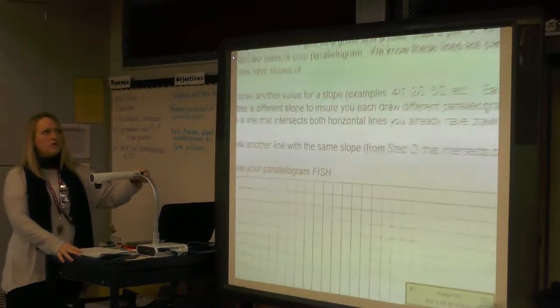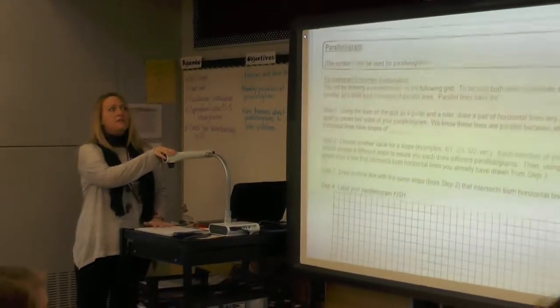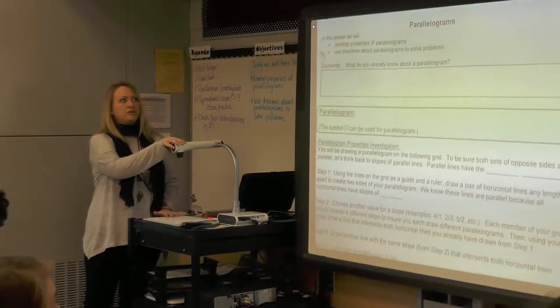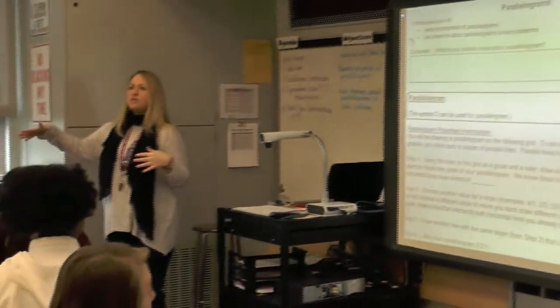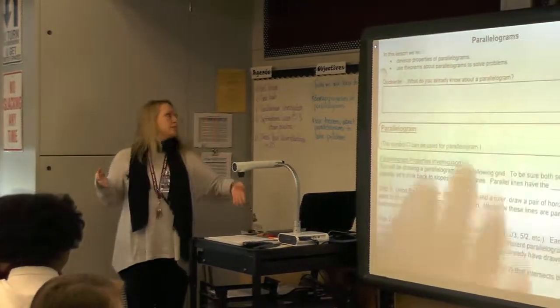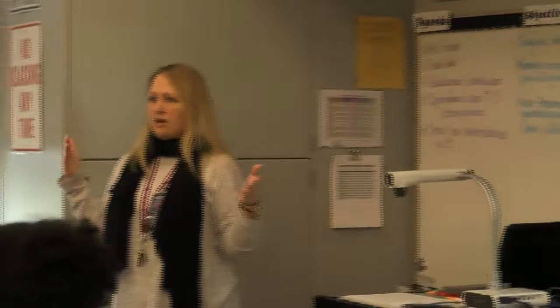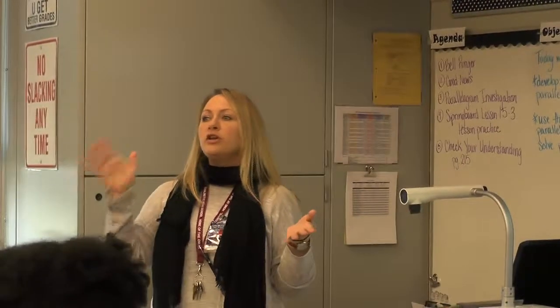So if we focus on today's objectives, we've been talking about quadrilaterals and the different types of quadrilaterals. We first talked about kites. Yesterday we looked at trapezoids. Today we're focusing on which shape? Parallelograms. Okay, so objectives. Today we're going to develop different properties of parallelograms, and then we're going to use those